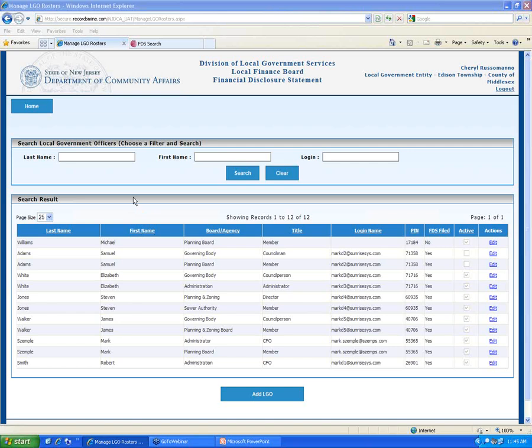Chris, I have a question that came up here, which I think is a pretty good question, and I think I understand what it says. It says if a township attorney has a number of attorneys, who would file the FDS for the municipality? So I'm thinking if there's a firm that has multiple attorneys, who's responsible for filing that FDS? Is it all the attorneys or just the partner?